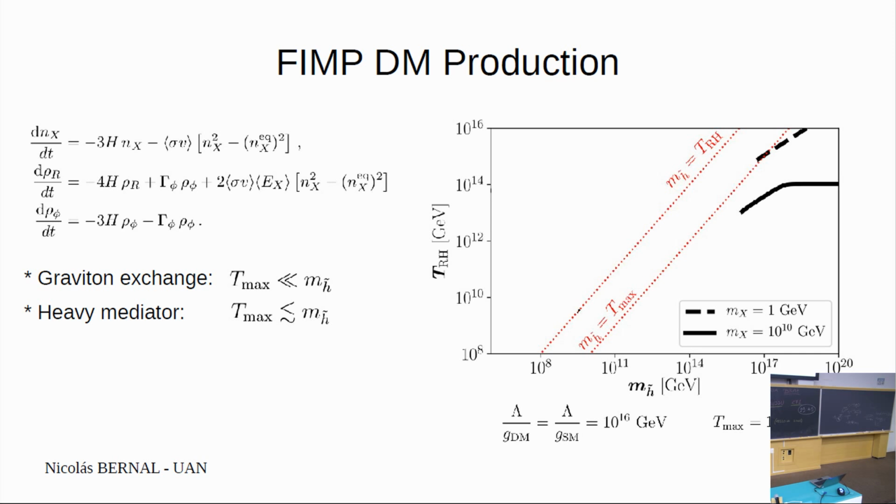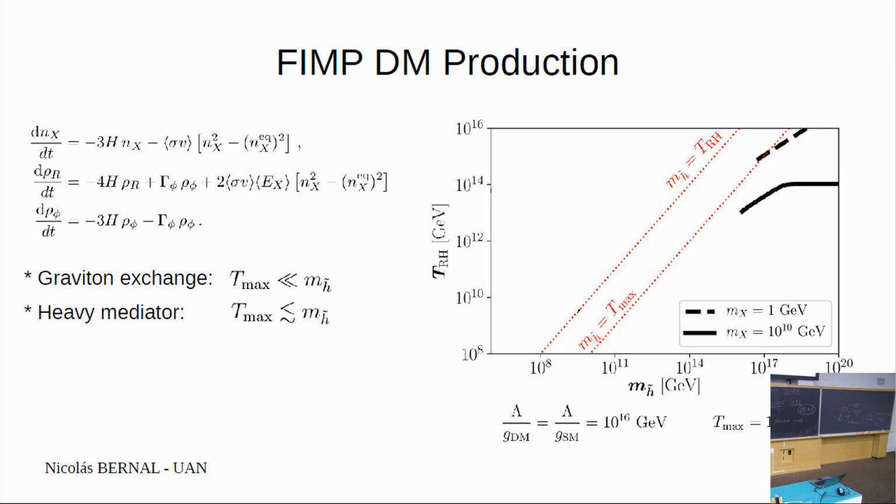And these dotted lines, the first one corresponds to T reheating equal to the mass of the mediator, and the second one is T max equal to the mass of the mediator. And we are assuming that T max is 100 times T reheating, and these couplings, right? So like if you want couplings of the order of 1 with a scale of 10 to the 16 GeV or so. Okay, so this last line that I showed you corresponds to the case where you have a heavy